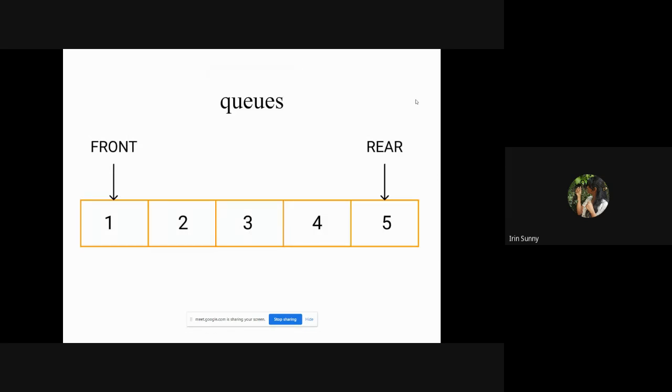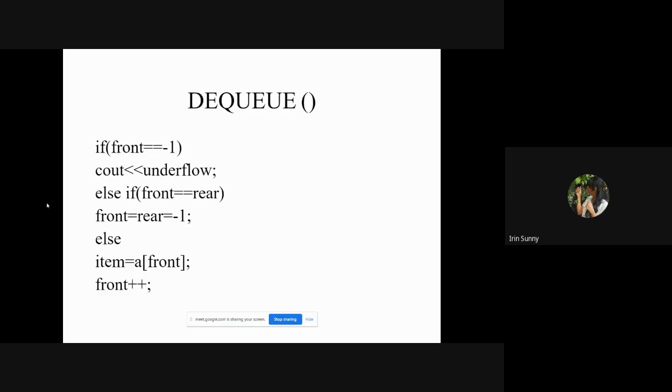Then when I check rear and front, when I enter the first element, I have to change the value from minus 1 to 0, because I cannot store any value in the minus 1 position. That is what I did in the second step.